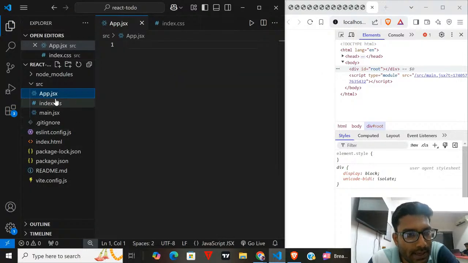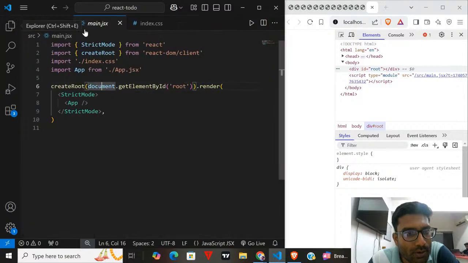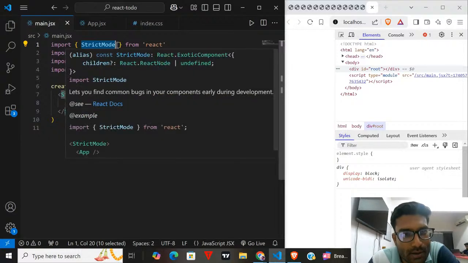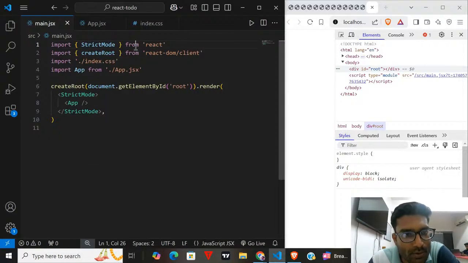Now, how everything is getting inside index.html, you need to go to the main.jsx file. Then you can see we are importing StrictMode from React. So what is StrictMode? We are using StrictMode for our development environment, so it will recheck our code one more time, which means our code will get checked two times, right? Then import createRoot. We are importing createRoot from React DOM. So remember one more package that we installed, React DOM. We are creating a root element from this React DOM library.